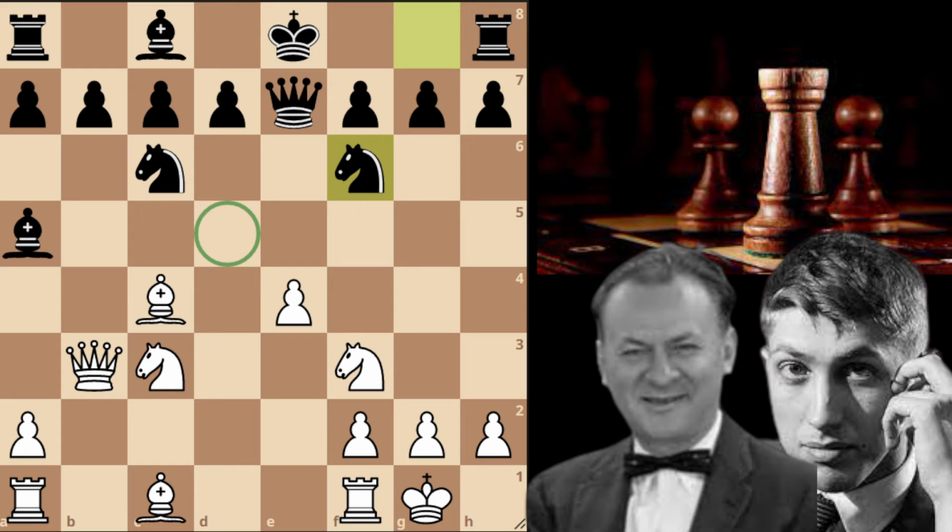But here black simply played knight to f6, and the reasoning behind this is that now black is controlling d5, and they thought that knight to d5 is not a threat anymore, but Bobby Fischer simply goes knight to d5 anyway. And now after knight capture on d5, pawn capture on d5,